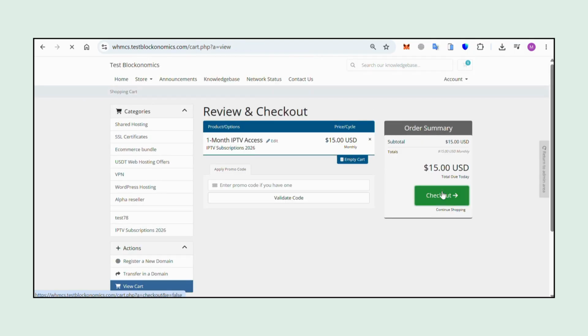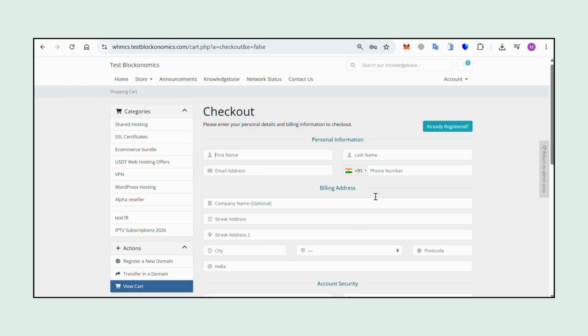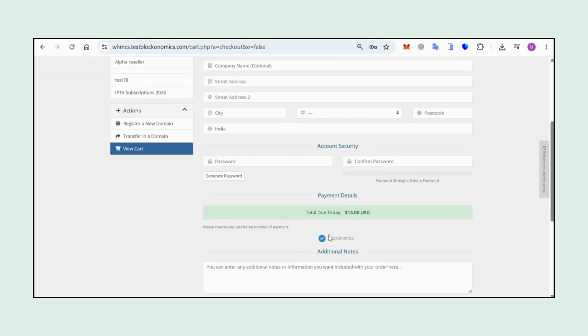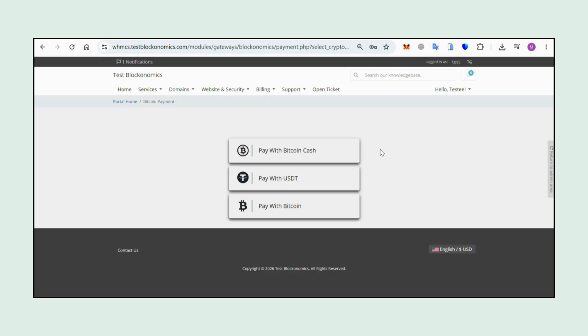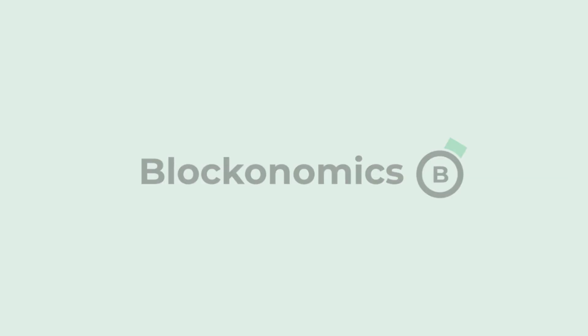Fill in the customer details. Select Blockonomics as the payment method, and click Complete Order. Then choose your preferred cryptocurrency. Blockonomics instantly generates a secure, non-custodial checkout